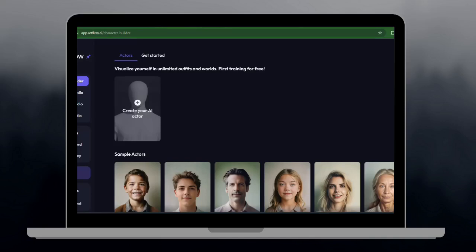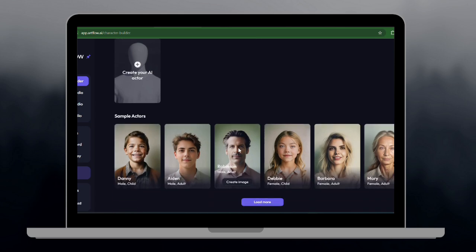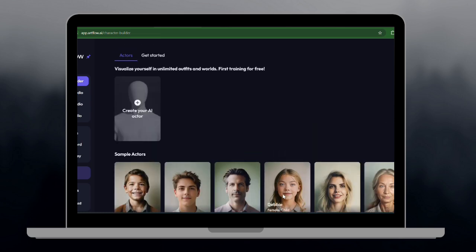Hi everyone, today I'll show you how to use the Actor Builder in Artflow AI. The Artflow AI's Actor Builder lets you create unique AI-generated characters for storytelling, animation, or creative projects. Whether you need a hero for your story or a realistic persona for a game, this tool brings your vision to